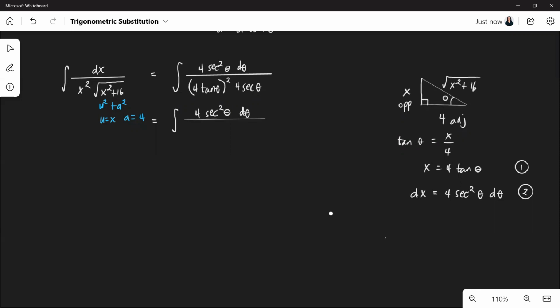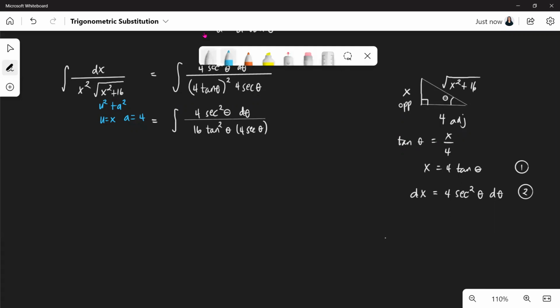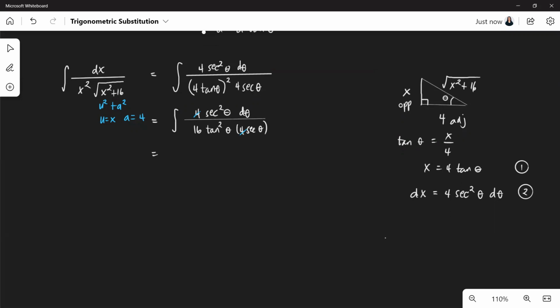So this is 16 tangent squared theta times 4 secant theta. So that's 4 divided by 4, so we cancel out the 4s. So we have 1 over 16 for the constant. So 1 over 16 times the integral of, so we have secant squared